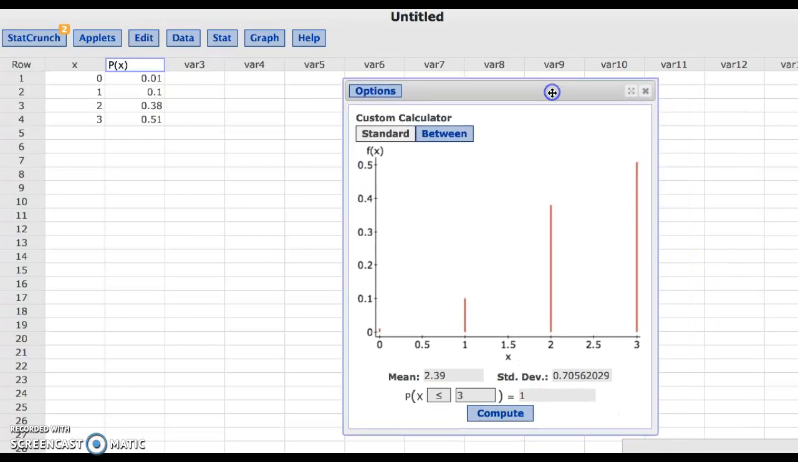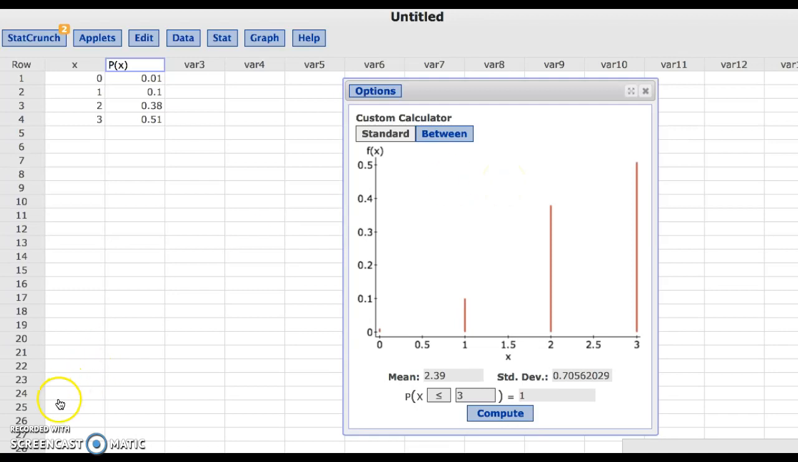Notice StatCrunch creates almost like a bar graph, not quite bars, but it creates a plot for what's going on. Your book discusses this plot further in the chapter, but it doesn't point you to StatCrunch creating it. The other thing I want to point out is this mean and standard deviation. So we'll talk about that in a little bit